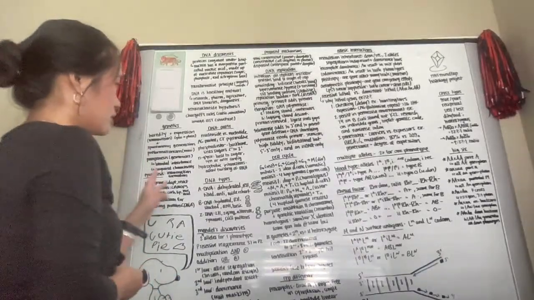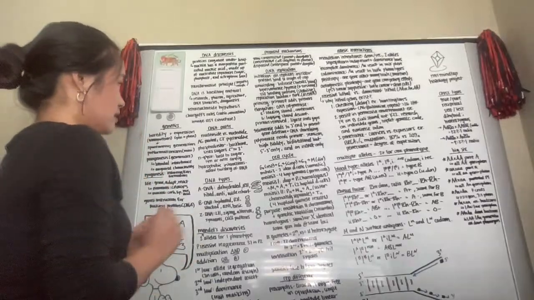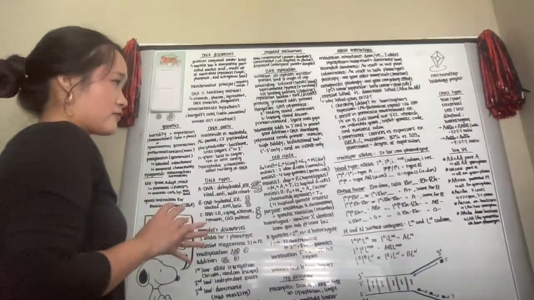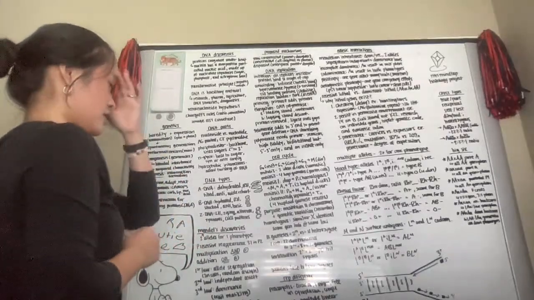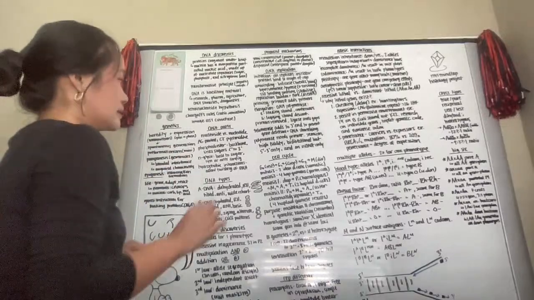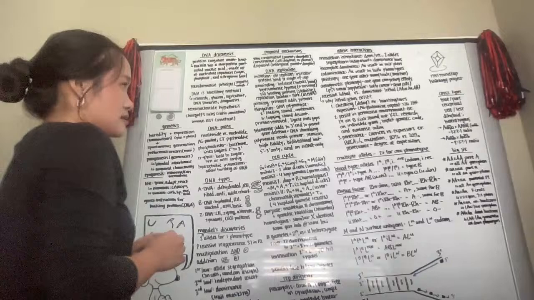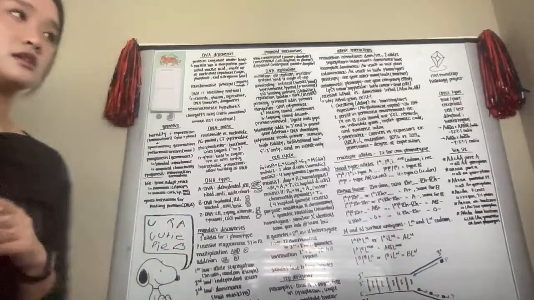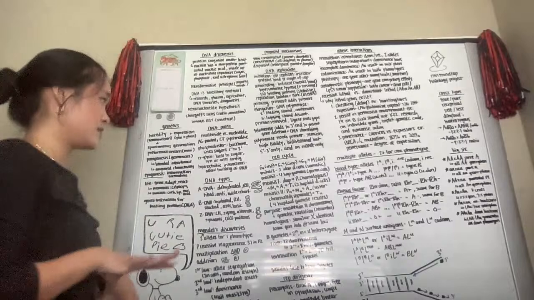They have three types of bonds. There's a phosphodiester bond, which is the backbone of DNA and links sugars, like the 5' carbon of one sugar to the 3' carbon of another sugar. The second is an N-glycosidic bond. This links the base to the sugar, and this can be in a syn or anti configuration, with the sugar and the base being towards each other or away from each other.